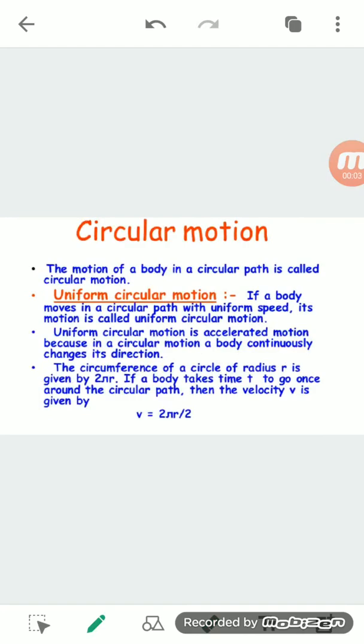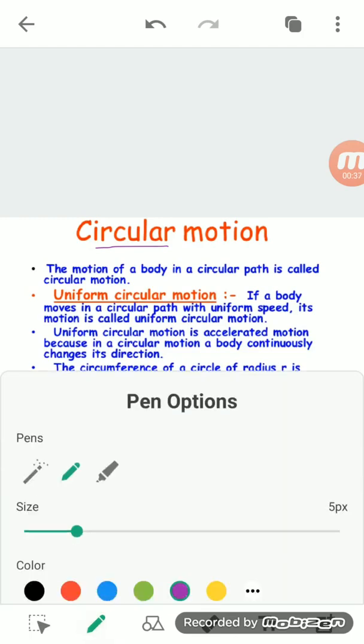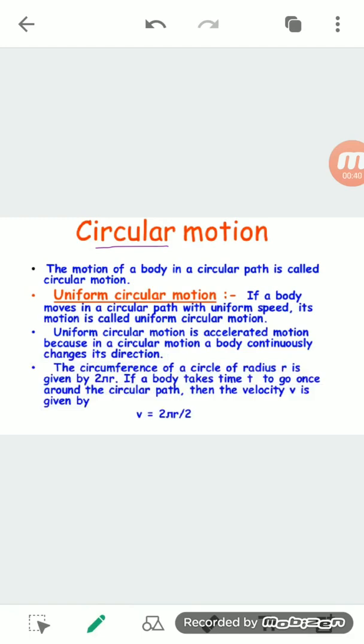Now we will come to the last topic of this chapter, and that is uniform circular motion. So when we talk about circular motion, before that we should know what circular motion is. With this term you are able to understand that circular means circle. So when a body or an object is moving in a circle, it is called circular motion. Okay. Before we understand that, we should know that in circular motion the body is always changing direction. So how does a body which is moving in a circle change direction?